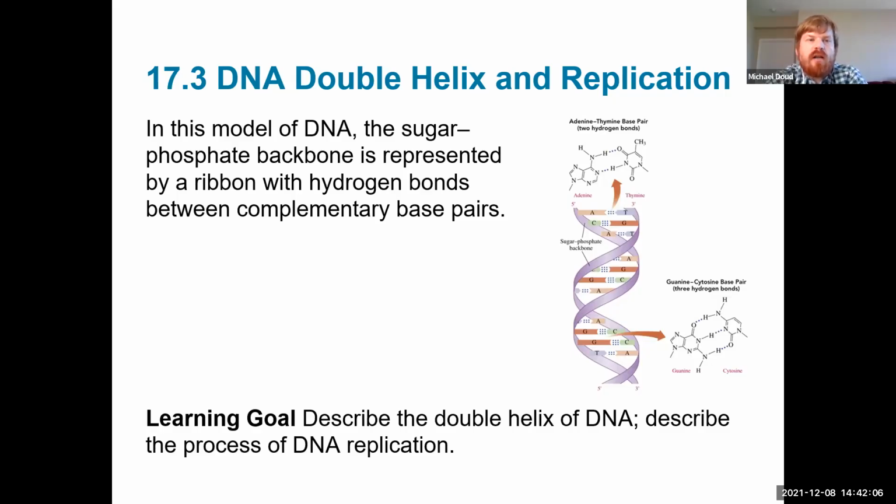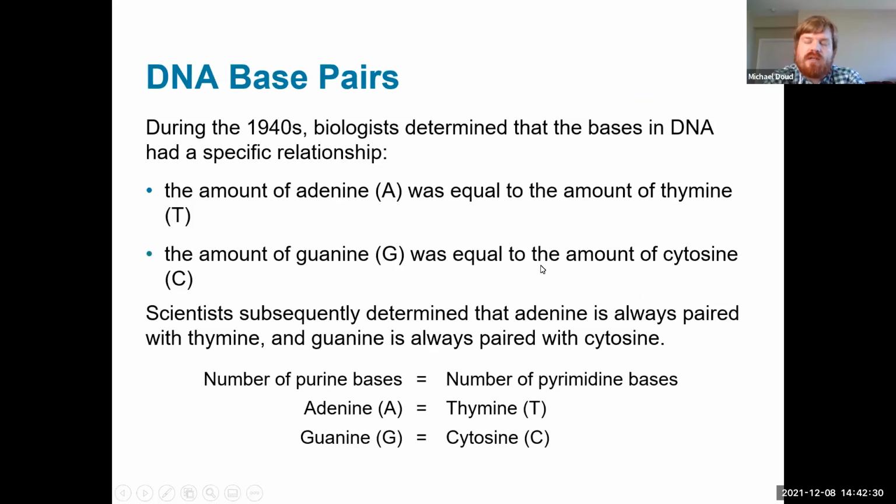Today we're going to move on in chapter 17 and talk more about the structure and function of both DNA and RNA as nucleic acids, that is genetic storage, and then how it's used for encoding proteins, basically. But let's start by talking about the structure. So this is the famous double helix model. We're going to talk about how that was determined